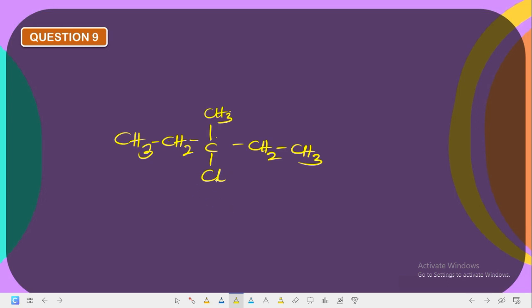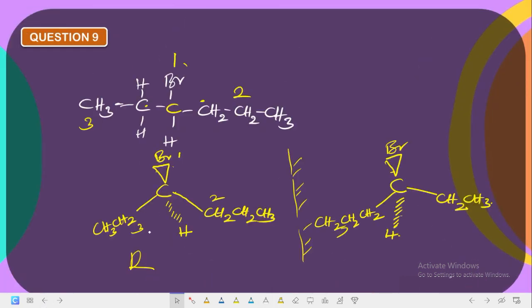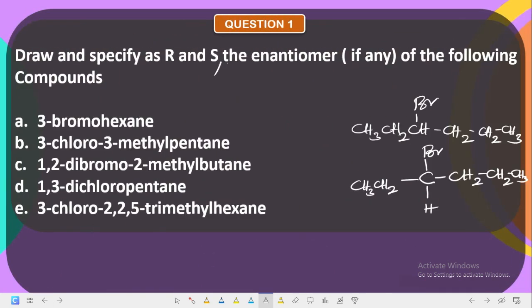Now, the way it is like this, do you think it has a chiral carbon center? Does it? Look at it. This group is the same as this group. Is that not so? So does it have a chiral carbon center? No. So this one does not have a chiral carbon. You just leave it like that. Is that okay? Now the next one is